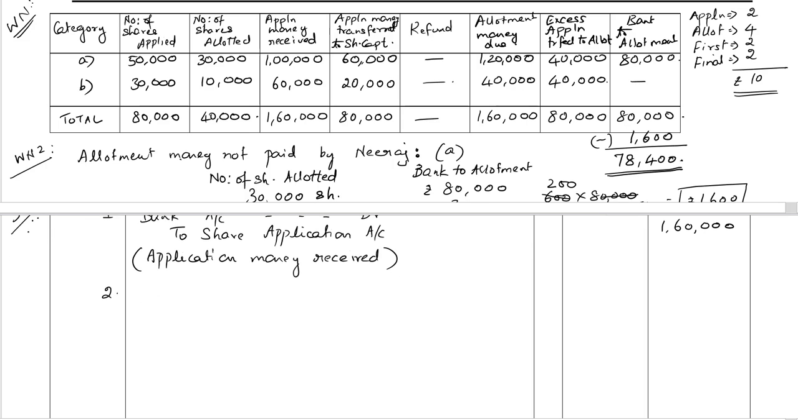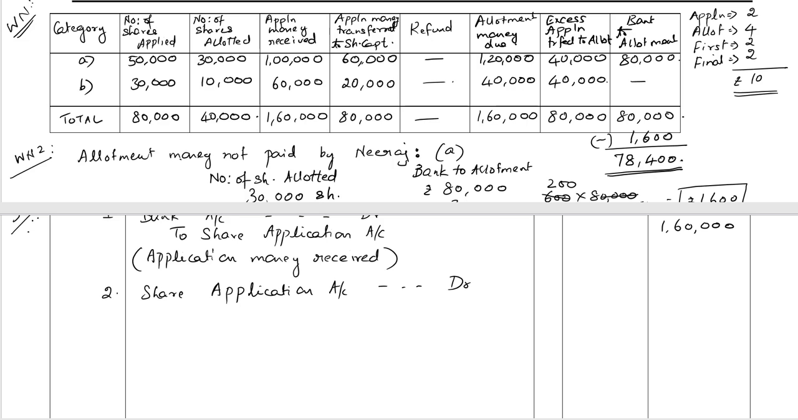Second entry, share application account debit ₹1,60,000 to share capital account. The amount against share capital account is the total of the fifth column, application money, which is transferred to share capital, 80,000 rupees,